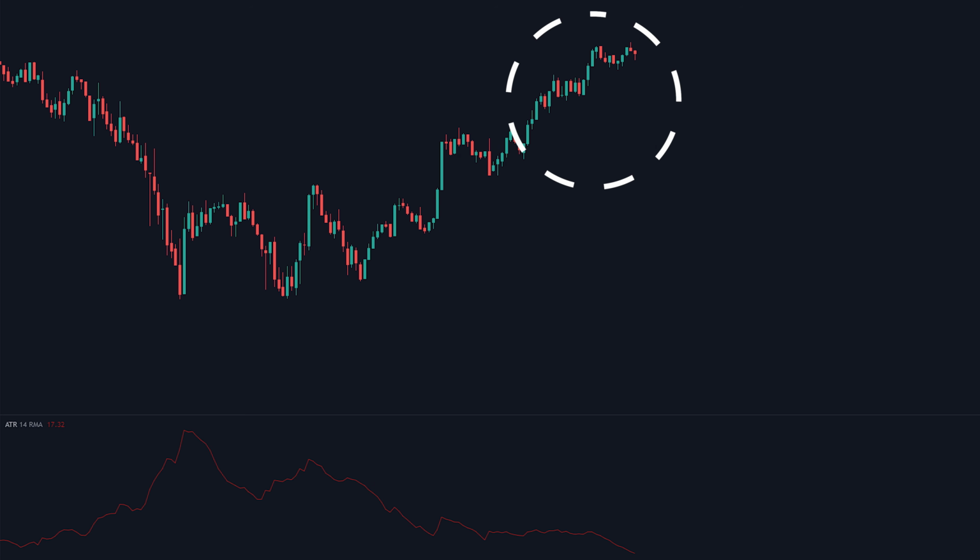Let me show you an example. So say just for simplicity's sake, you wanted to enter right here. You want to set your stop loss right below this recent swing low, which is actually what a lot of other traders are doing. And let's say you think to prevent the price from hitting your stop loss, you're going to move your stop loss down $10 from the original. So if the price does go down to the recent swing low, it still has a chance to bounce off and go back up. While your strategy is somewhat in the right direction, let me tell you why this will not work.